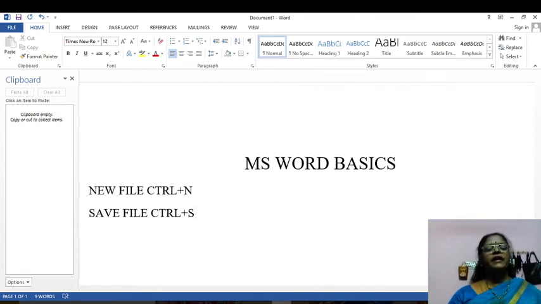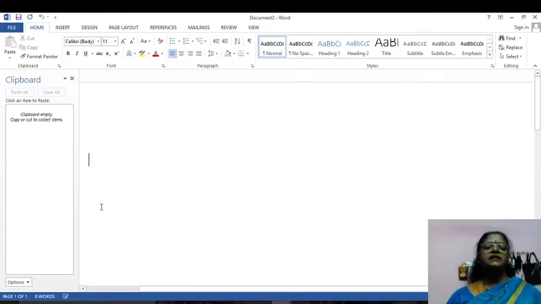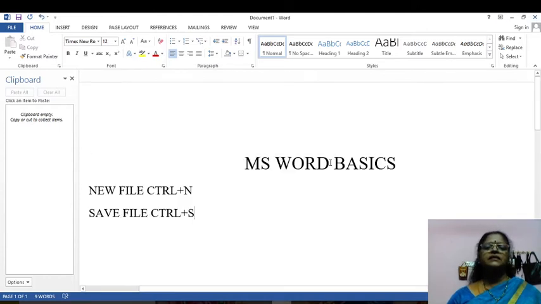So first of all we create a new file. If we create it, we go to the start menu and after that we create it by choosing the blank document. Another method is the shortcut method. If you don't have the mouse and you want to use only the keyboard, how can you create the new file? At that time you just press Control plus N, and a new file will open. See here, Document 1 will be hidden and Document 2 will open. Now I don't want Document 2, so I close it, and Document 1 will be brought back. So this is the way to create a new file.